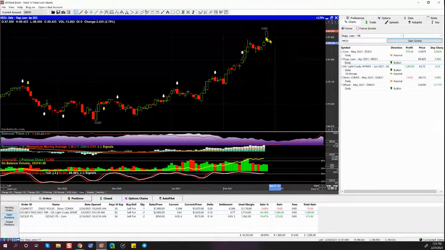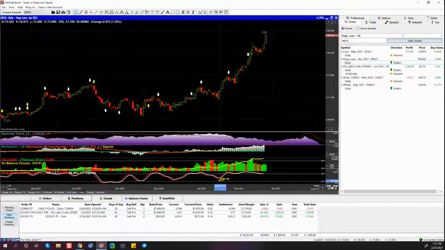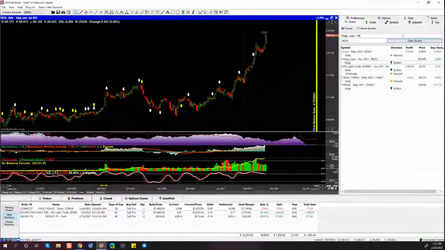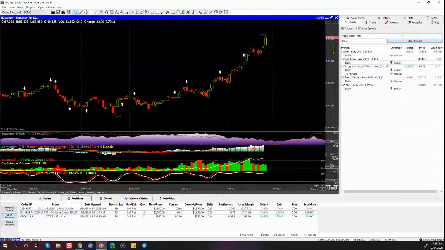It really shot up today. All right, gapped up. Now I would think that gap's going to fill, and it should come back down some tomorrow. But if it doesn't, and if I wanted to get long that market,